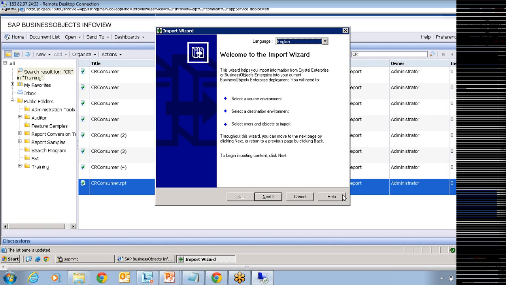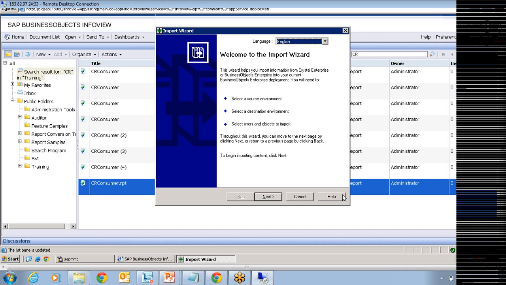But here, in the scenario wherein you are migrating the content from an older version to the latest version, even there it is moving the same content. The version of the reports, whatever you migrate, is still XI R2 itself, even if you are in 3.1. But the reason how it works and why it works, even if you are moving the content from a different version of Business Objects Server, is that in Business Objects Enterprise, the latest version is always backward compatible.